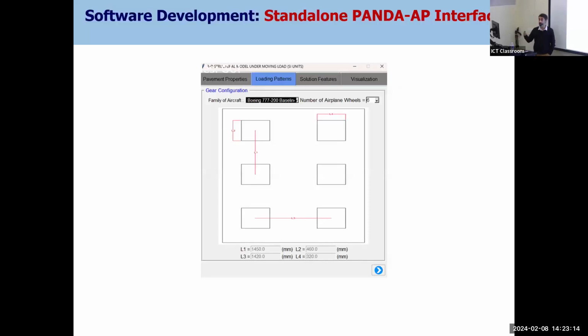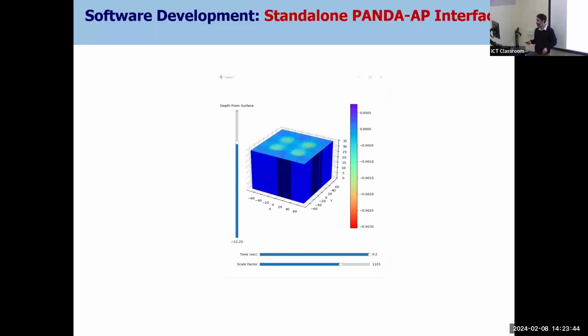Another important thing that we got from FAARFIELD, and FAARFIELD is the software that FAA uses for design. It has a very nice library of aircraft. So we got those aircraft and put them there, so we can apply different gear configurations and also create different user-defined ones. Let's say, for example, something like C-17, it has some weird gear configuration, so you can apply that and do your analysis.